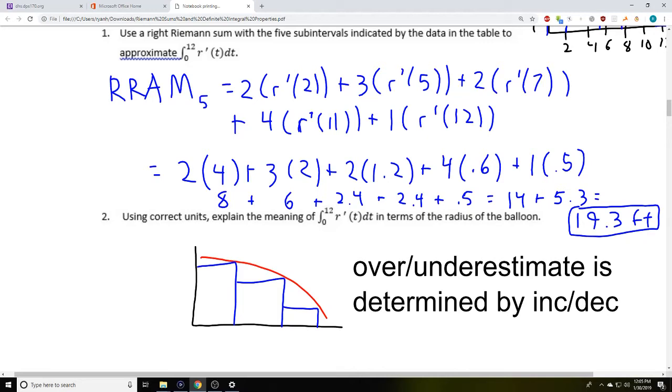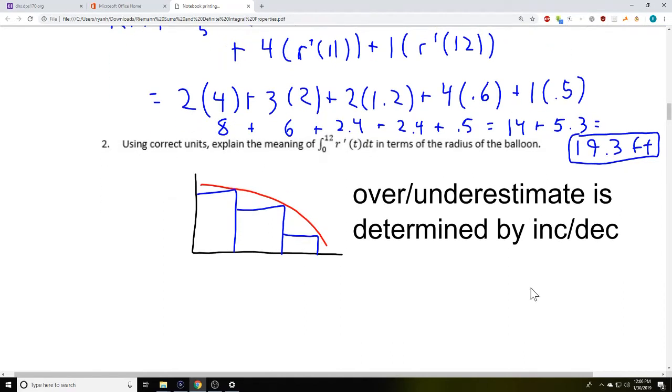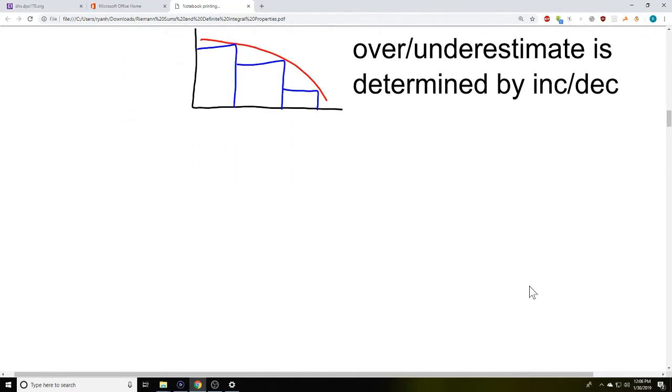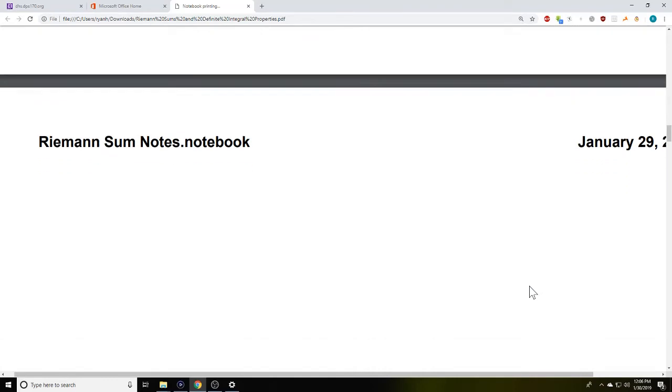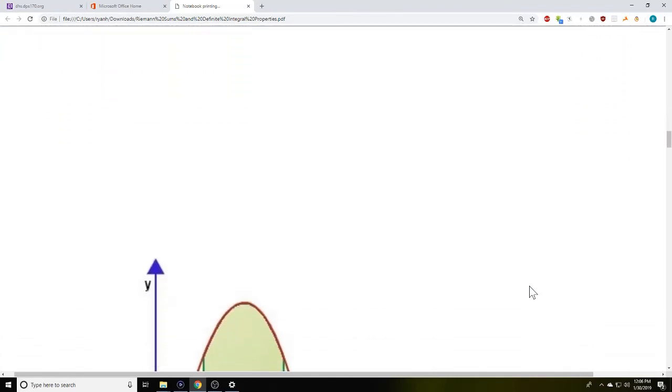And another common question is about tangent lines, but we'll talk about that later on, whether a tangent line is going to over or under approximate. That's another one that I might leave open to you to think about. If I'm approximating from a tangent line, is that going to over or underestimate the actual value a little bit to the left or a little bit to the right? Okay. But let's get